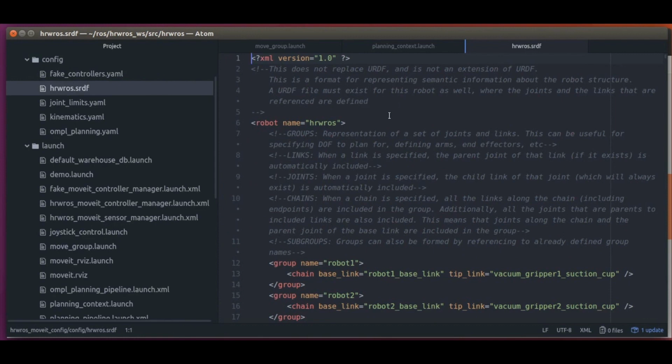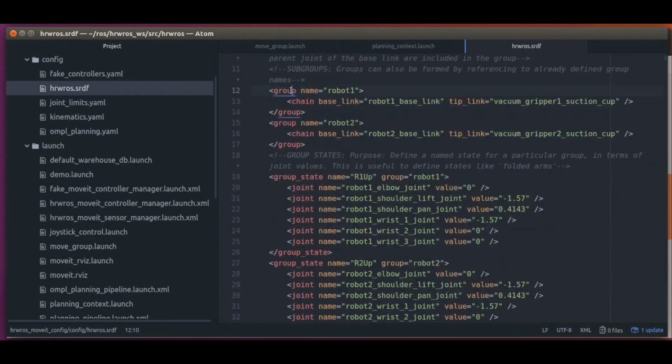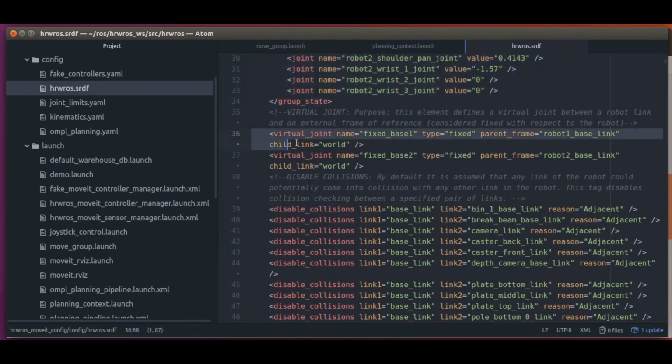Here, we can see the semantic information, such as the two robot groups we defined. Also, we have the robot configuration or robot poses we defined as R1 up and R2 up listed here under the group_state tag.